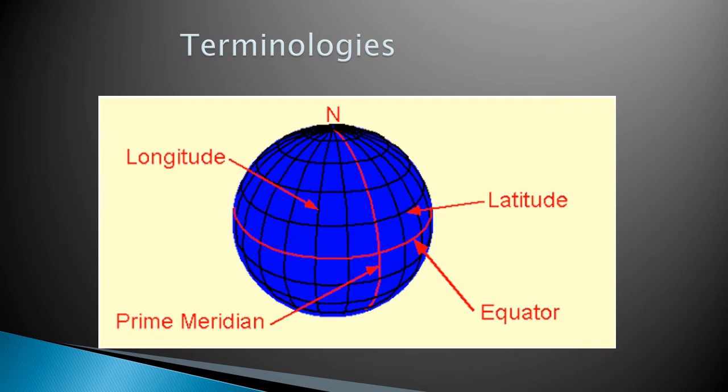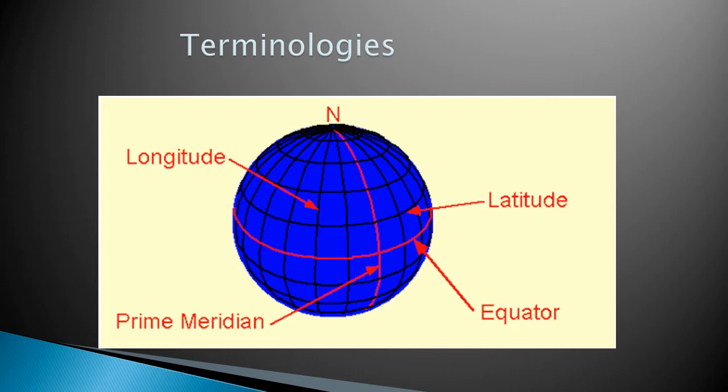Before beginning with this chapter, we should first understand the terminologies associated with this chapter. The first terminology we will begin with is called longitude. Now, longitudes, children, are imaginary lines. Basically, they are vertical imaginary lines running from North Pole to South Pole of the Earth. The most popular longitude, as you can see on the screen, I have marked, is the prime meridian.